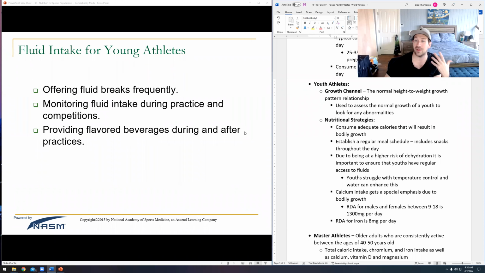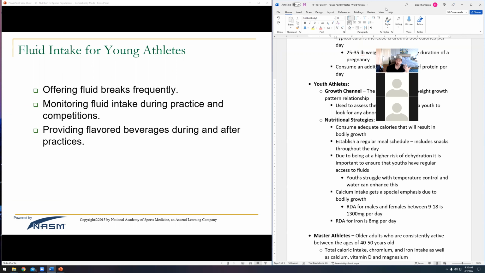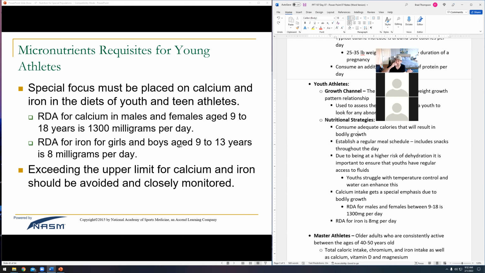So flavored beverages are a really good source. If they don't want to stay hydrated, it's like, well, what about chocolate milk? And it's like, oh great, I like chocolate milk, right? Now that is going to be higher in sugar, but at least they're bringing in calcium and getting a little bit hydrated. What about juice? Yeah, I don't like water, I like juice, right? Again, a little bit of sugar in there, but sugar is probably not going to hurt kids as much as long as they're also being physically active.